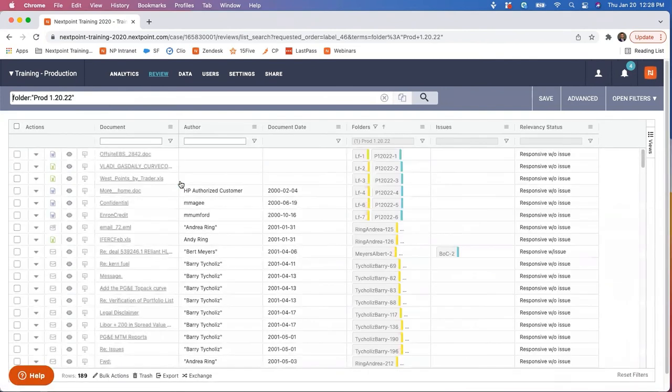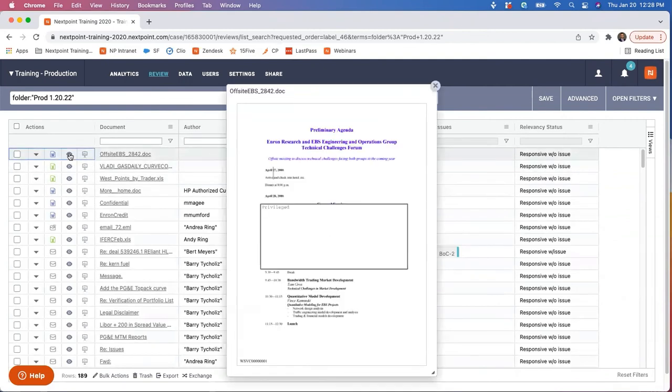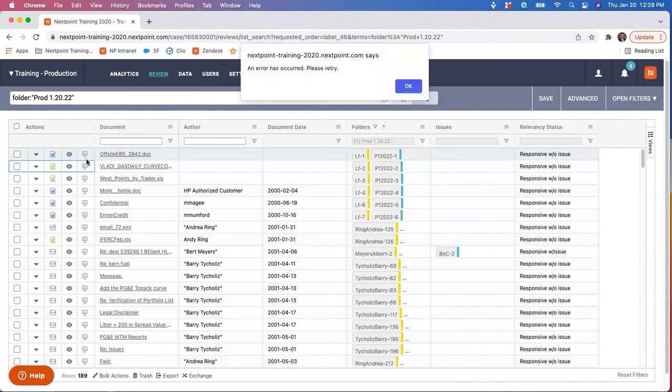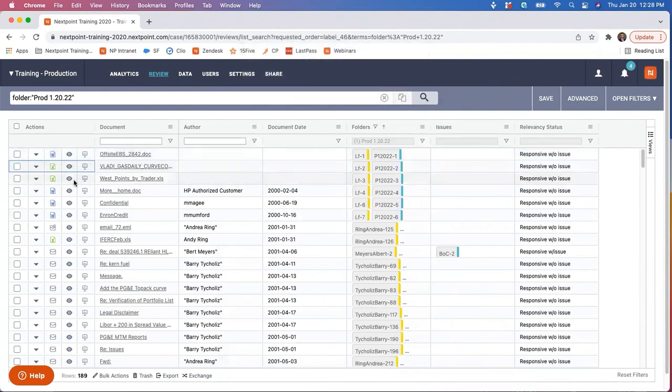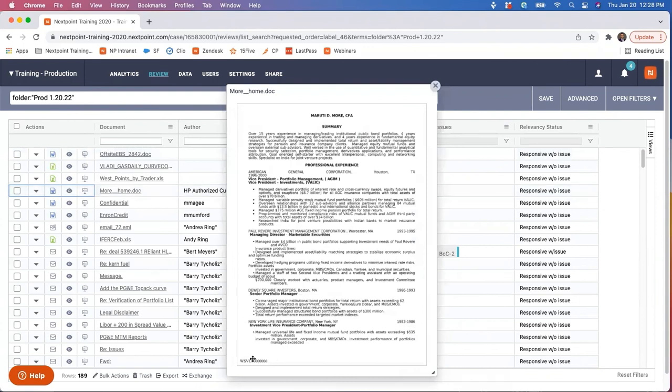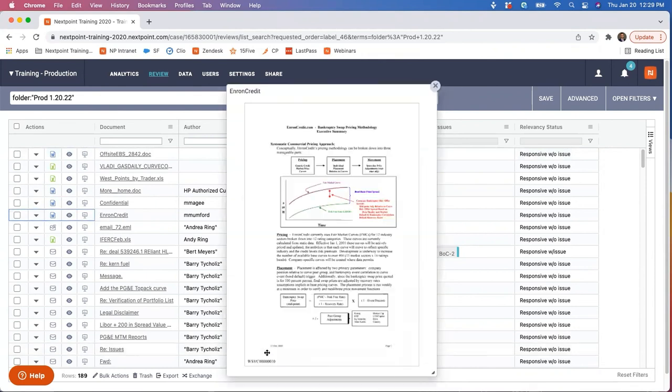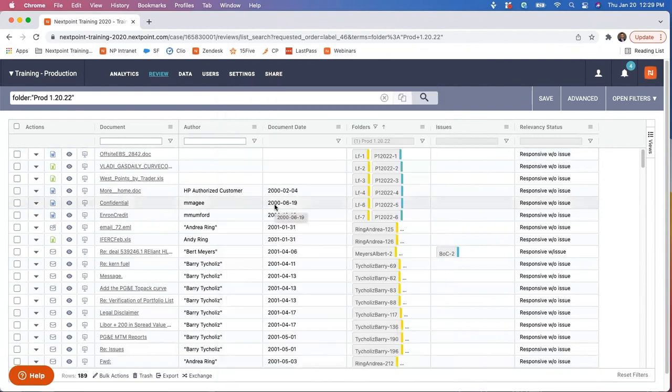One of the things that I do to QC my production is I like using this eyeball to preview the document. I don't need to go into every single document and make sure that every single page has been stamped accordingly and correctly, because that's just kind of a waste of time, not very useful. But I like to go through the first few. And so we can see that the stamping has actually started. There we are, White Sox v. Cubs, 0006. Click down, and it's working its way through. I wouldn't necessarily recommend going through every single document, but I like going through